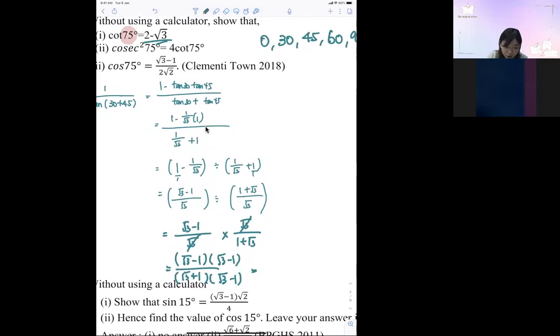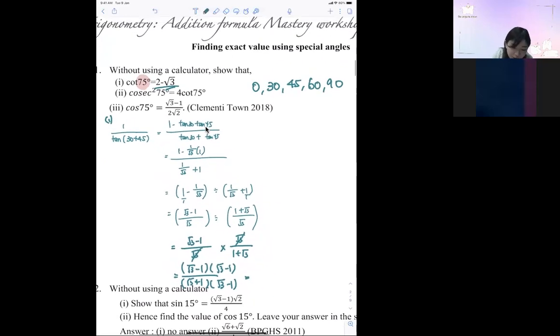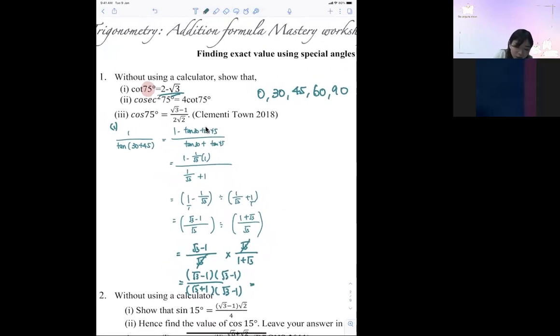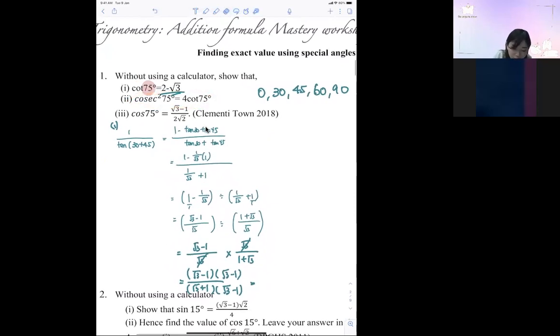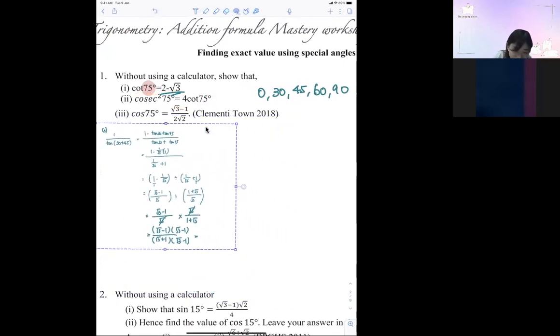Okay, the next one, they asked me to show that cosecant square 75 is equals to 4 cotangent 75. So from here, what we can do is